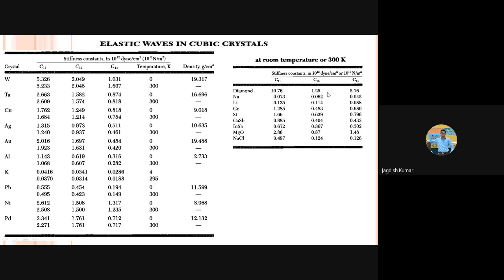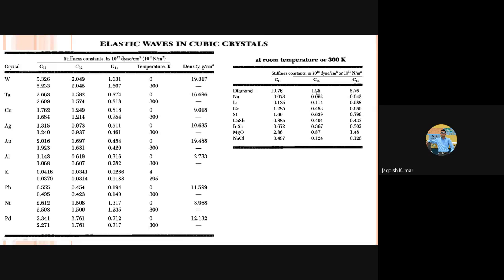Then what does it mean? Even C44 for diamond is very large, almost 5 times the C44 you can see for tungsten. Basically, these characteristics relate to the strongly anisotropic nature of the diamond structure. Diamond is held together by covalent bonds, and tungsten by metallic bonds. The major contribution here is the metallic bonding. We will be discussing the bonding in the coming lectures. But yes, this reflects the strong anisotropy in that structure.